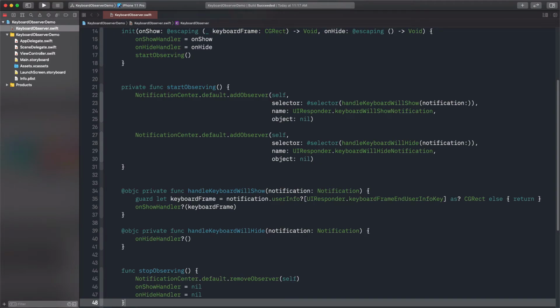The keyboard observer class is now ready, so let's move on to the next step and create the keyboard observable protocol. As I've already mentioned, it will be using the keyboard observer class, and it will be adopted by view controllers or classes that want to use the keyboard observer's functionality. It's going to be a sort of proxy between the two parts. It will contain a required property that's going to be an instance of the keyboard observer class, and two required methods, which we will provide a default implementation for. Here is the protocol implementation.